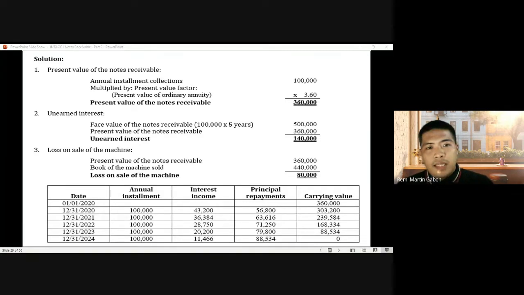360. Okay? 360. Pero kung susundin natin yung interest income kanina, magkano yun? 10,624. Bale, yung magiging principal repayment natin sa 2024 is 89,376. So, 89,376 plus 79,800 plus 71,250 plus 63,616 plus 56,800. Guys, magiging